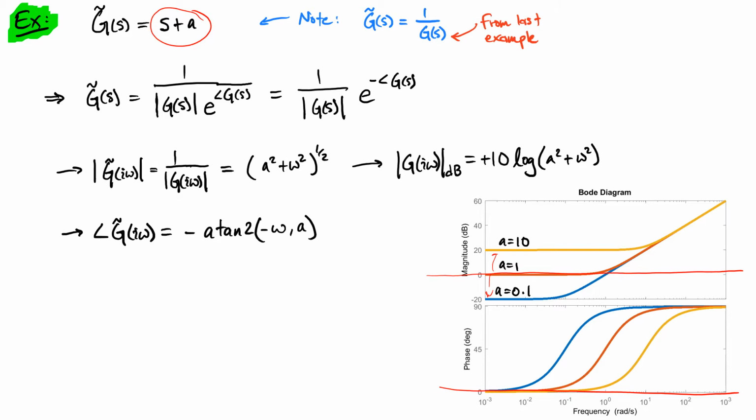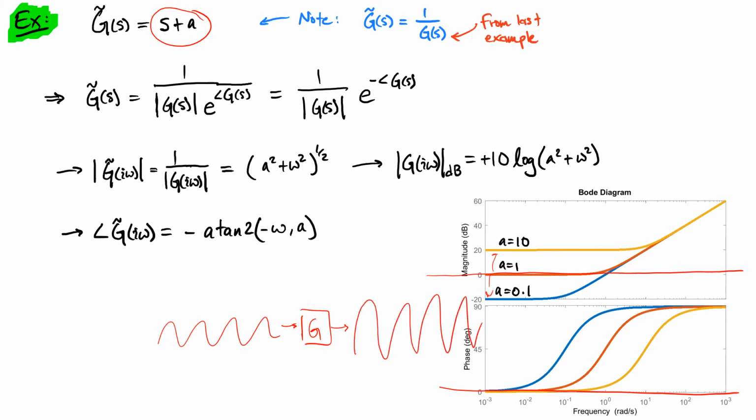And again, be thinking about the fact that you've got a sinusoid coming into a block that gets characterized by g, and what comes out. And what we're doing is we're characterizing how big that magnitude is and how far shifted that phase is. In this case, in here, we're amplifying, so this output is bigger than the input. When it's at minus 20, then this output is smaller than the input. And so that's really what you observed in lab 2, and that's hopefully what you're able to visualize